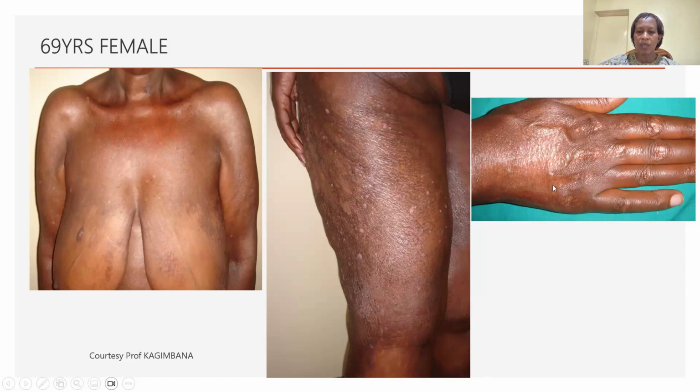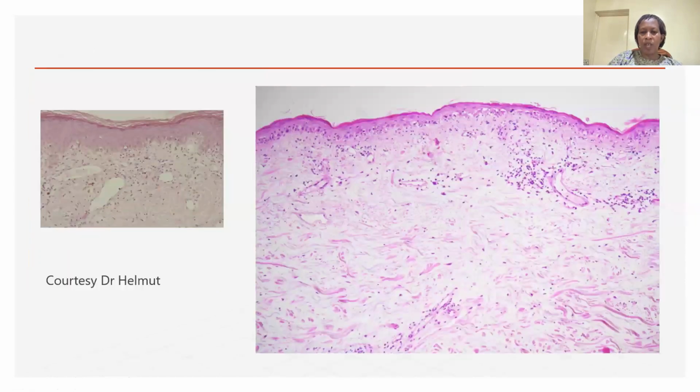On the dorsal hands, we could see some rash on the wrists as well as on the hands. And these were the Gottron papules. A biopsy was taken plus antibodies, but we are going to share with you the biopsy, which showed atrophy of